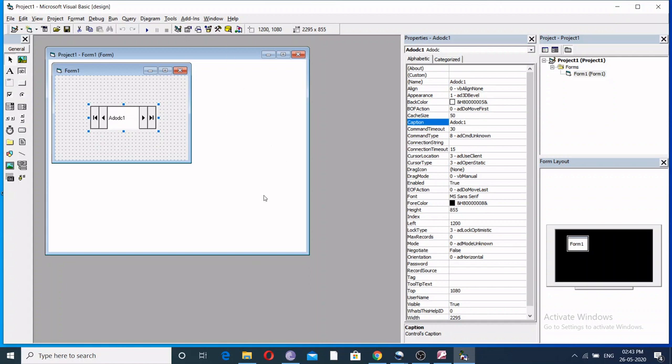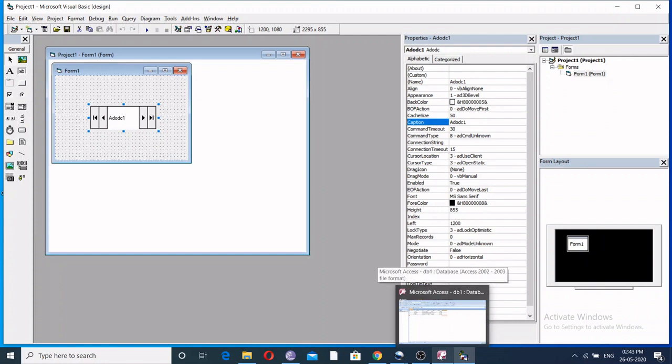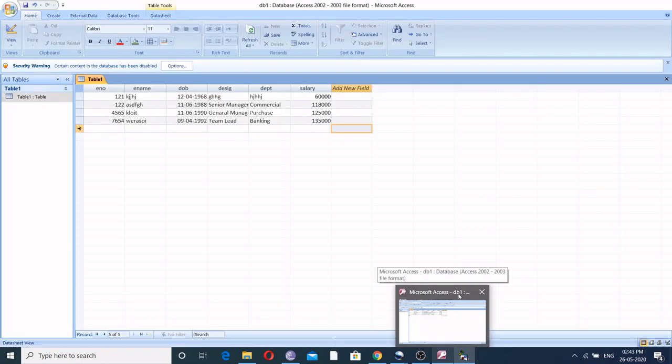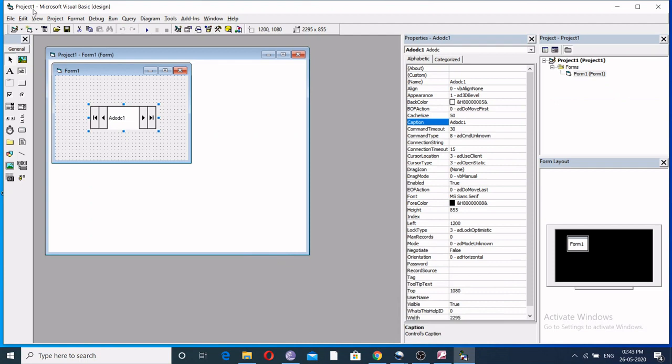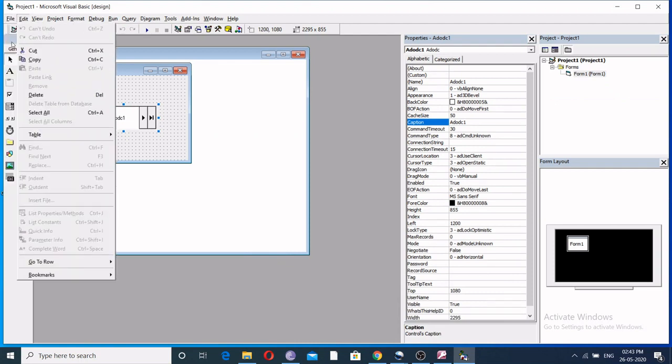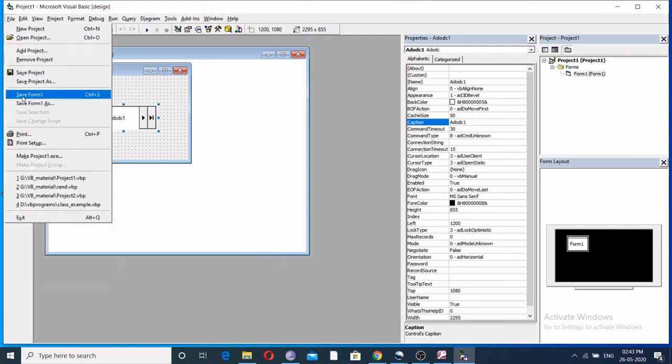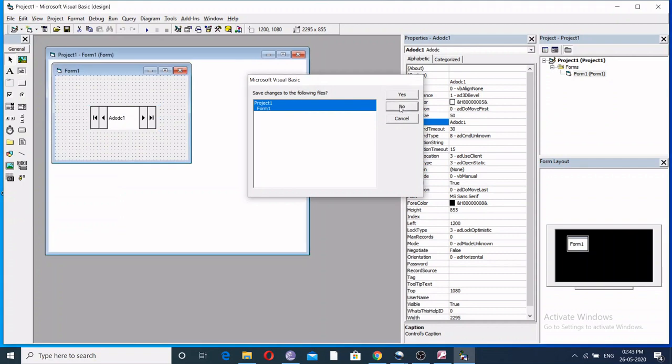So if you don't have MS Access in your system, you can use this procedure to create the database. But for this application I am using MS Access directly, and I have created the database known as DB1. Now let's see the project I already developed. So open project.